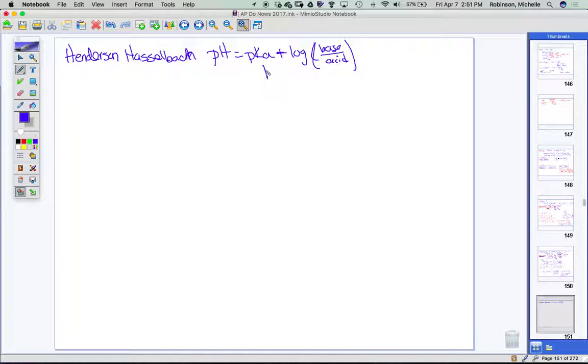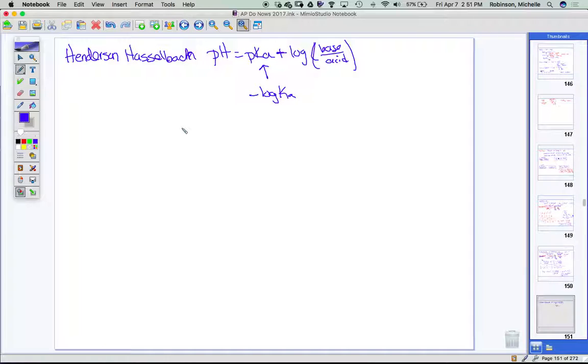What's pKa? It's the negative log of the Ka. Just like pH is the negative log of the H plus concentration, pOH is the negative log of the OH minus concentration, the pKa is the negative log of the Ka. So if you know the Ka and you can recognize,